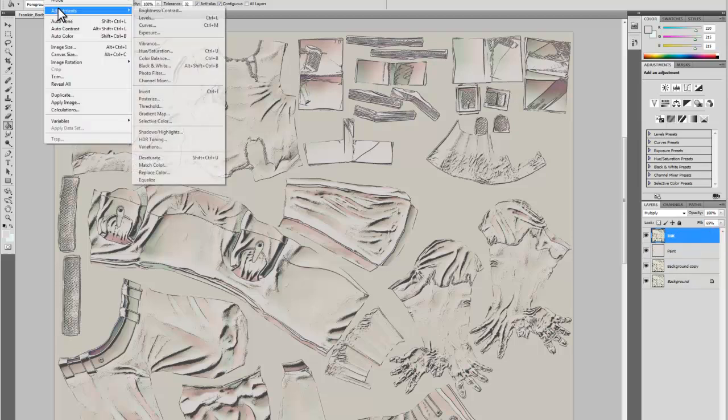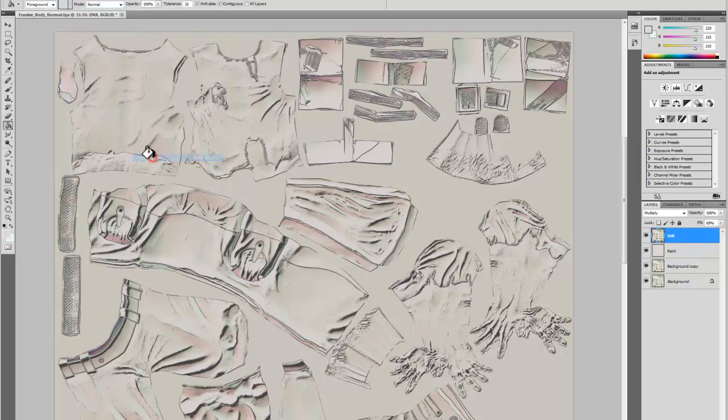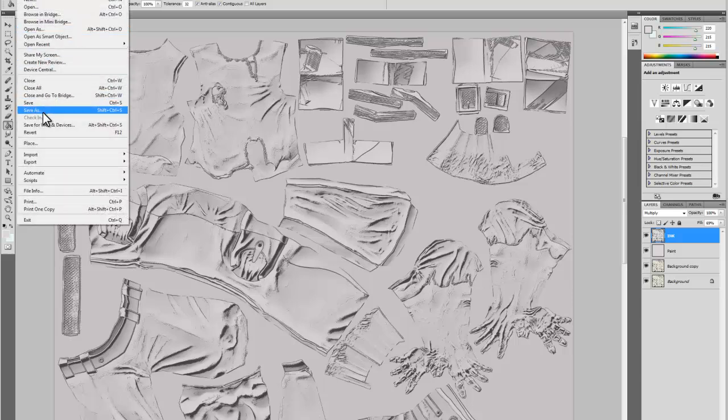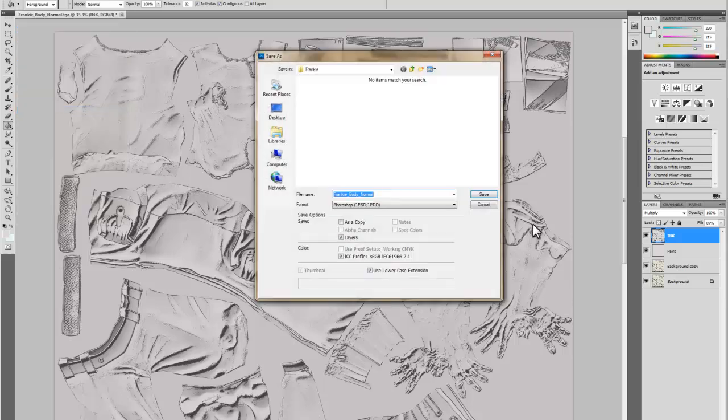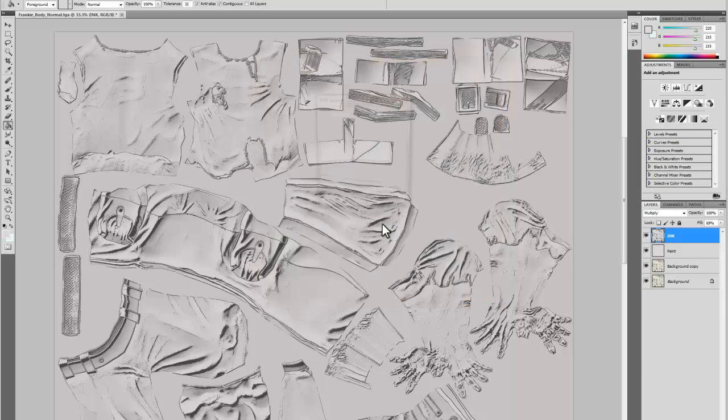And now I can also take this, adjust it, and desaturate it fully so that I have more of a grayscale to work with. And let's go ahead and save this out as a BMP. And this is Frankie Body ink. All right, so now let's take a look at what we have in 3D Studio Max for